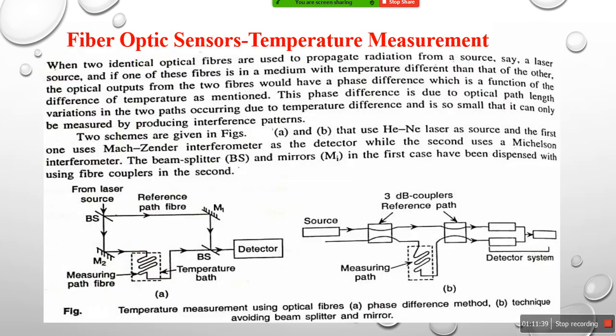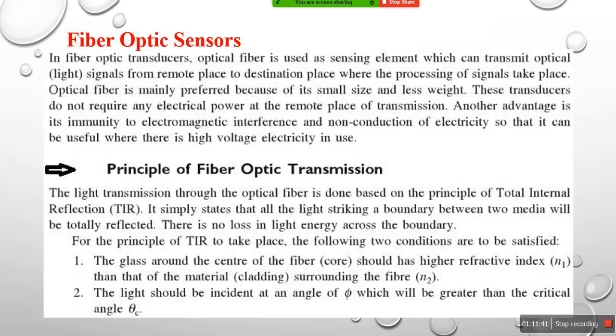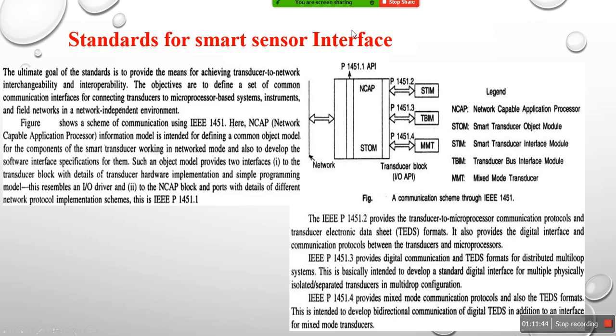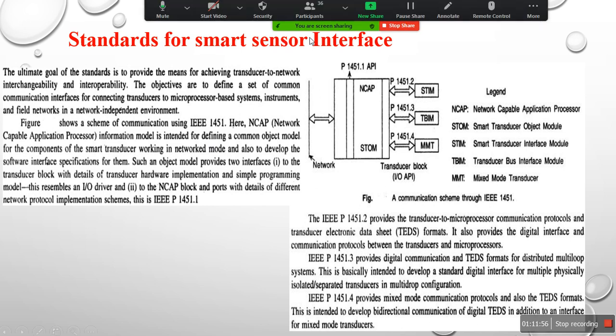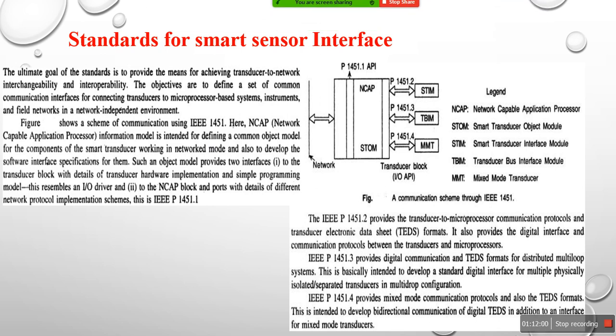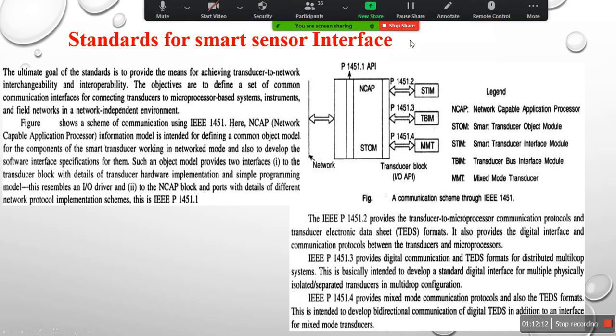All these are nothing but your smart sensors. There are a lot of smart sensors available in your daily life, so you can go through the various types of smart sensors once. Similarly, if you have any doubts, you can ask me now. As of now, we have covered piezoelectric transducers, Hall effect transducers and smart sensors. As I told you, in the next class we will complete the remaining part of the sensors. As of now, I think this is enough, and if you still have any doubts, you can communicate with me and ask.